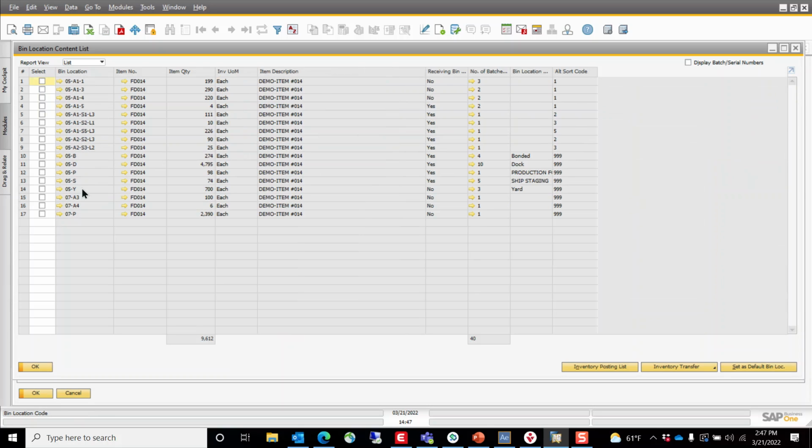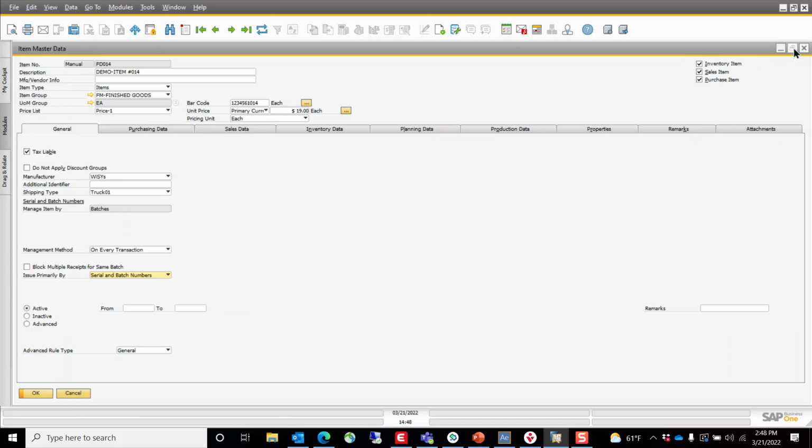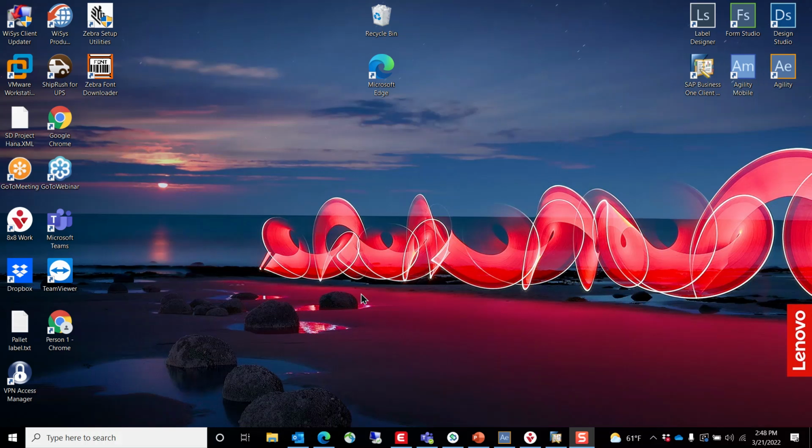while our new bin 05A2S4L2 is currently not in the system for this item, so that bin will now be added to the list. The list will increase to 18 different bins, and that new bin will have a quantity of 3 with that batch on it. Now we can get out of SAP here and go ahead and bring up our Agility 360